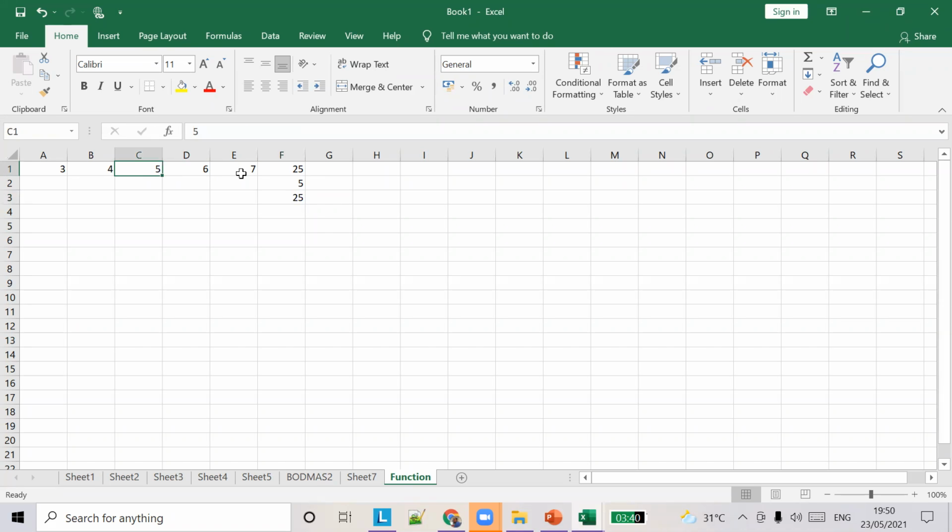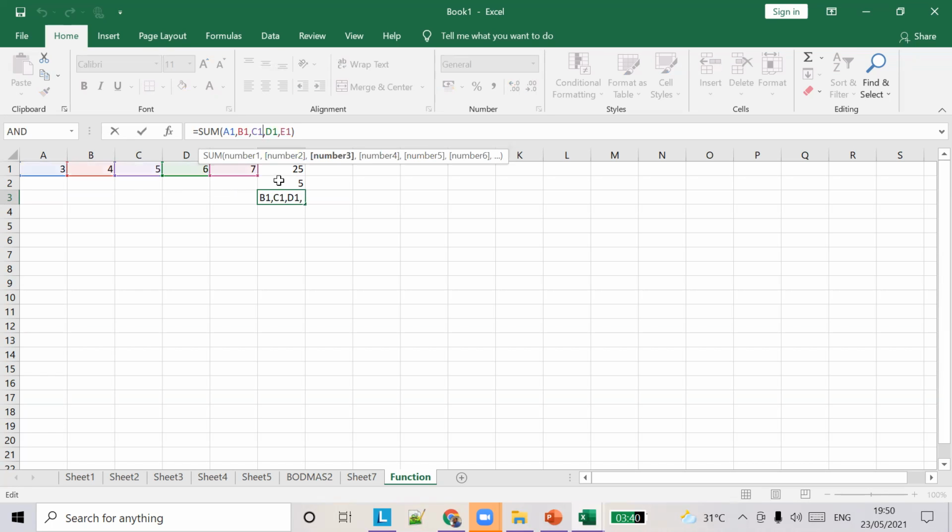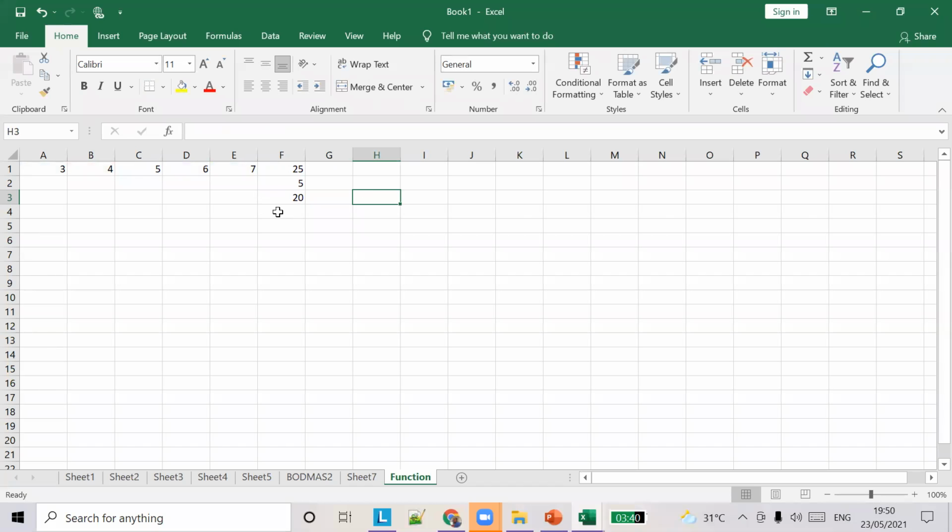Let's say I don't want to calculate the total including C1. I want to exclude C1 in this particular range. You cannot exclude C1 in the range. In these kinds of scenarios you can go with the comma separated values.